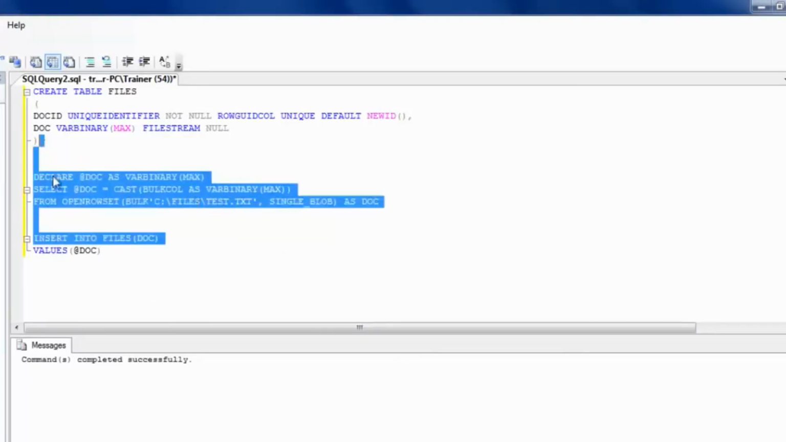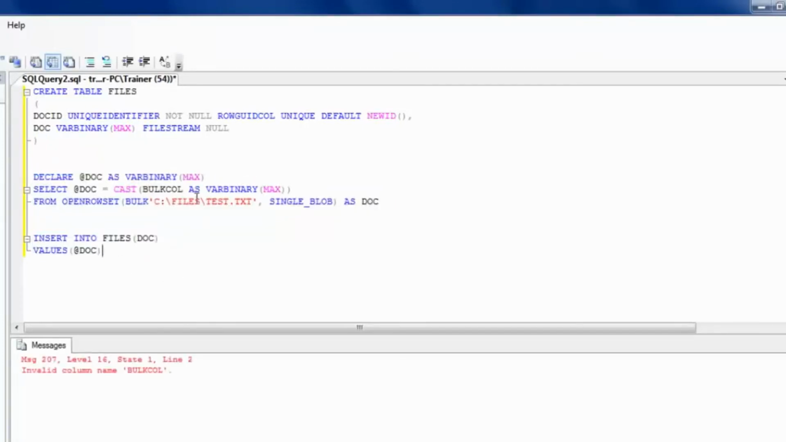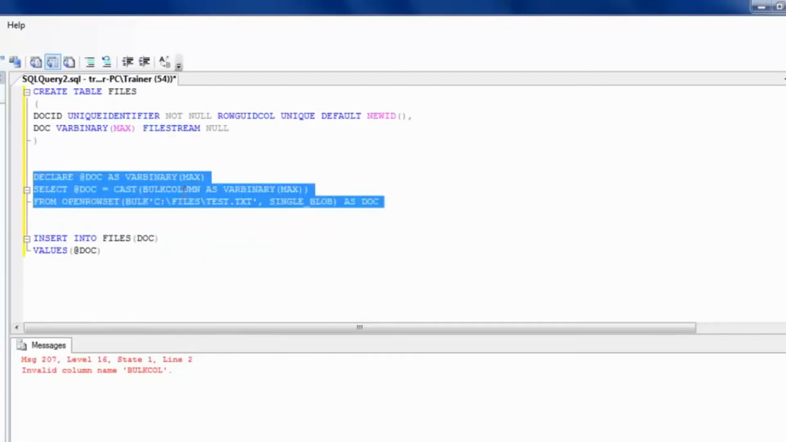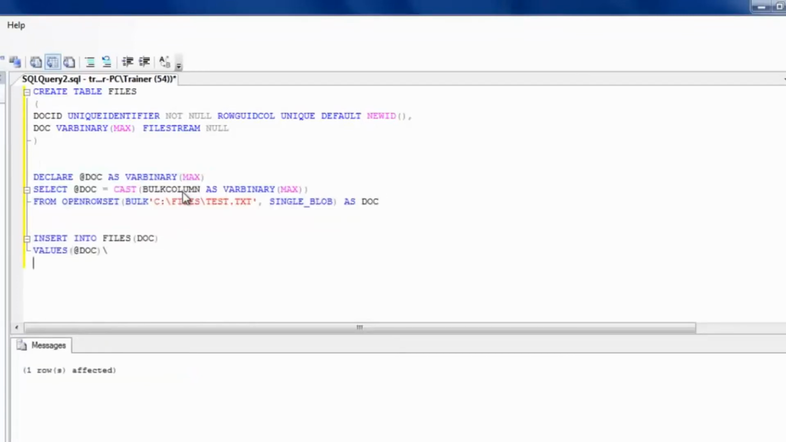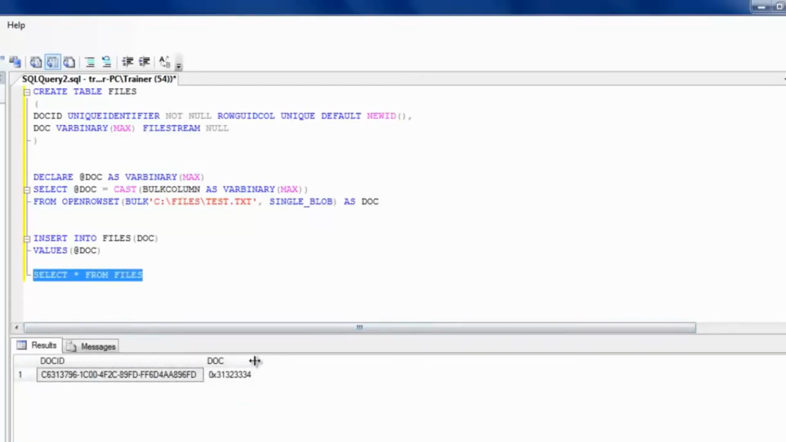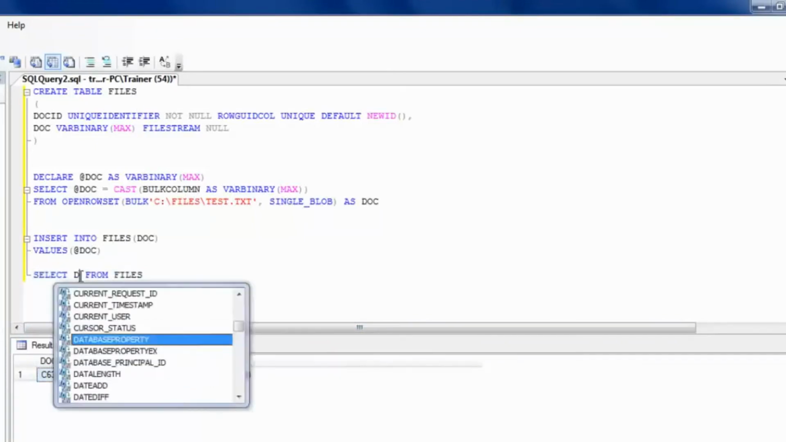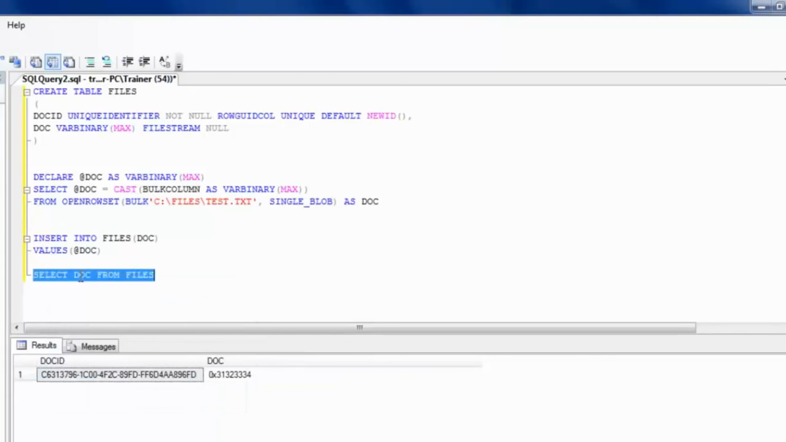Okay, let's try that one more time. Let's just partially run this code, and now let me insert this. Okay, so I'm going to run a quick select query over here. Select star from files, and you see that the binary information is stored over here. I'll use the column name, select doc from files,